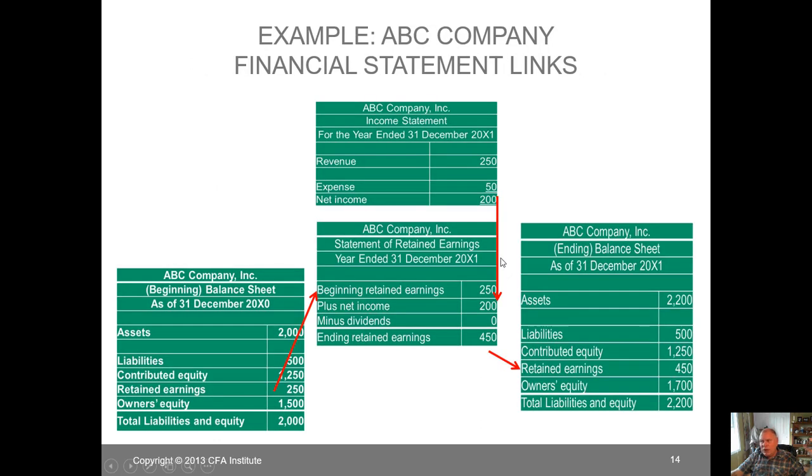Here's a sample, but they all tie together. So if you have net income, here's the income statement. The net income here drops down to statement of retained earnings, which end up at the retained earnings. It moves its way down here. So we start with the beginning, we add the 200 in, and then the 450. So think about that, they're all connected. So think of the flow, that link.